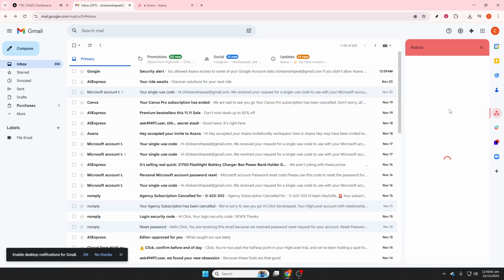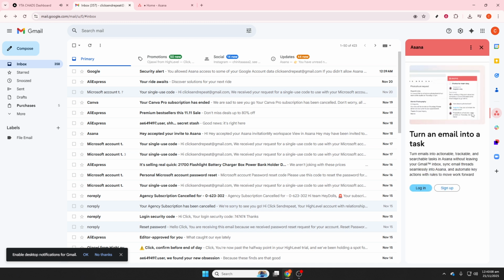A quick tip: keep the task title concise so it's easy to scan in project views, and use the description to capture key context or next steps. If you don't see a teammate in the assignee field, make sure they have access to the project in that workspace. For hands-free creation from starred emails, this isn't built into Gmail or Asana directly, but you can automate it